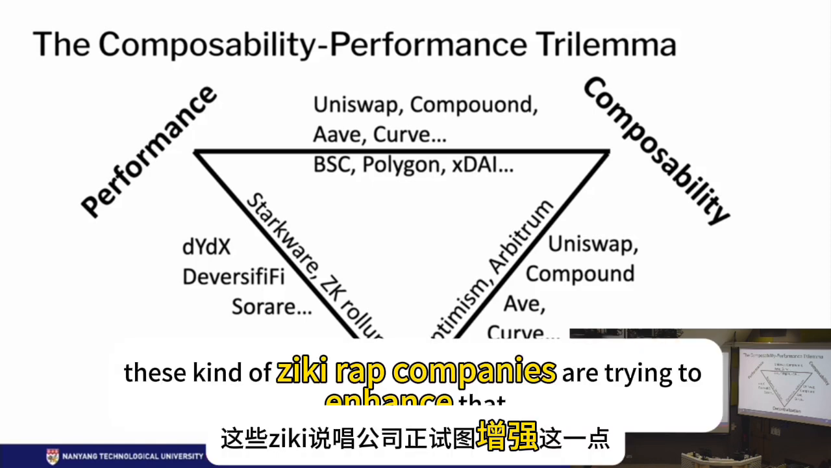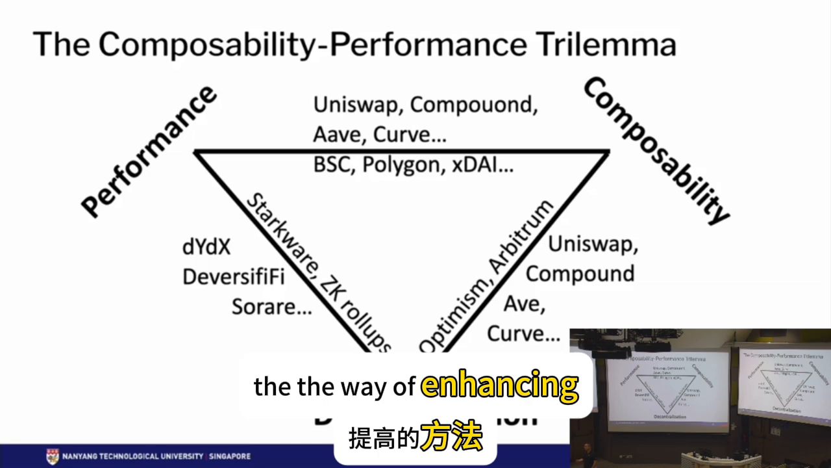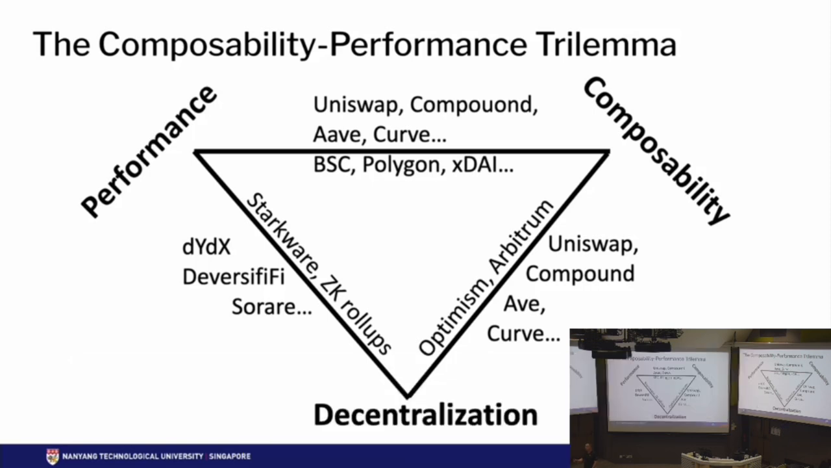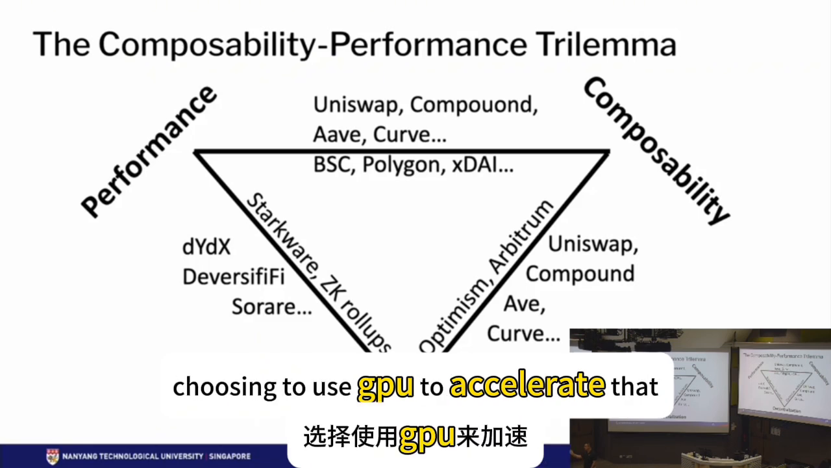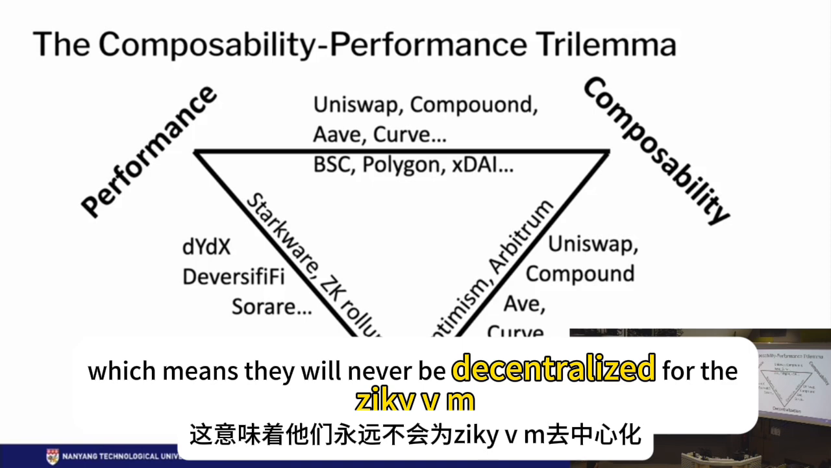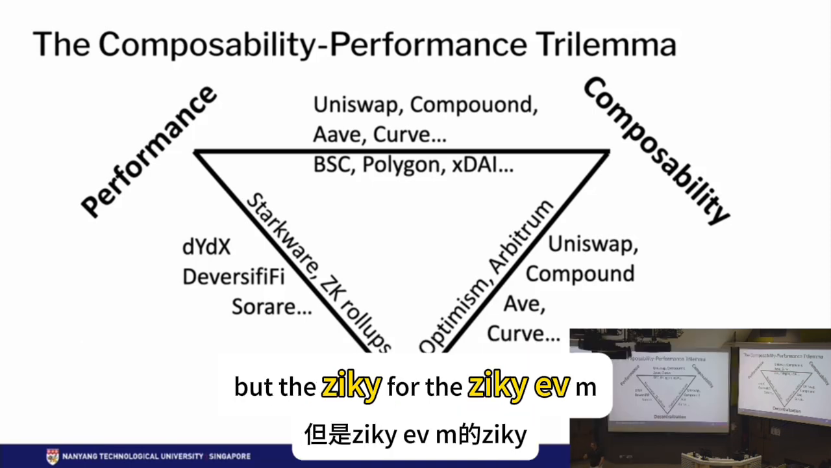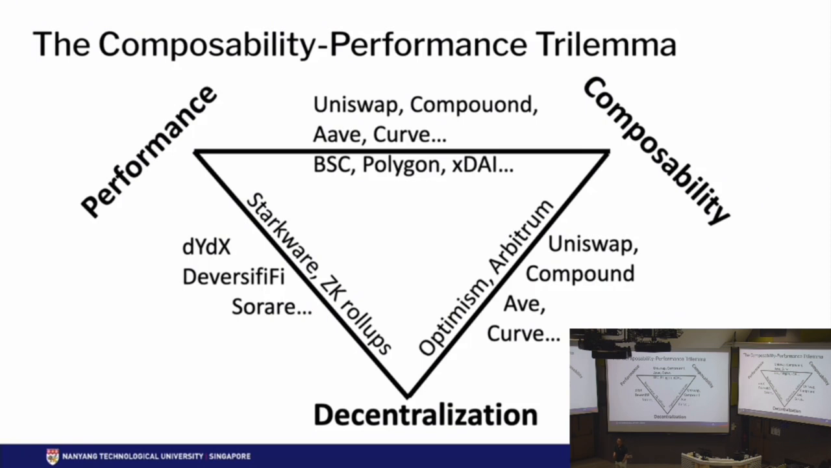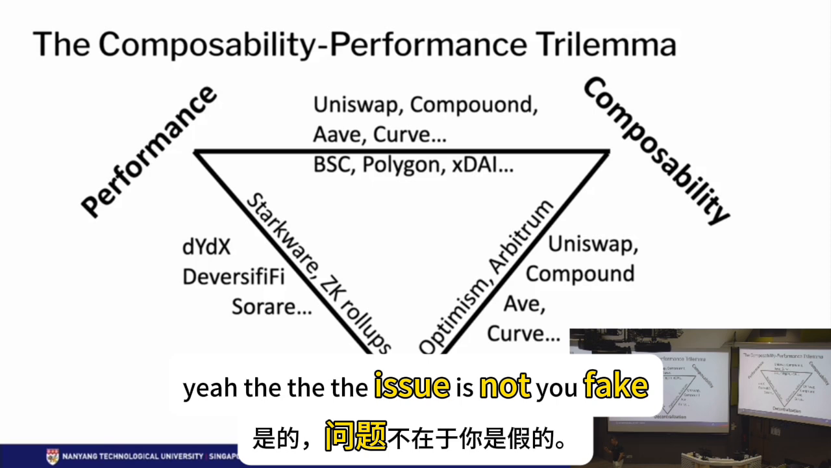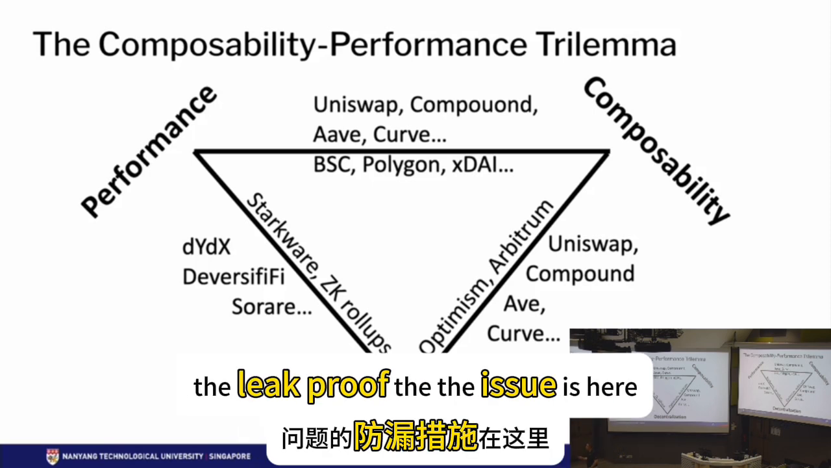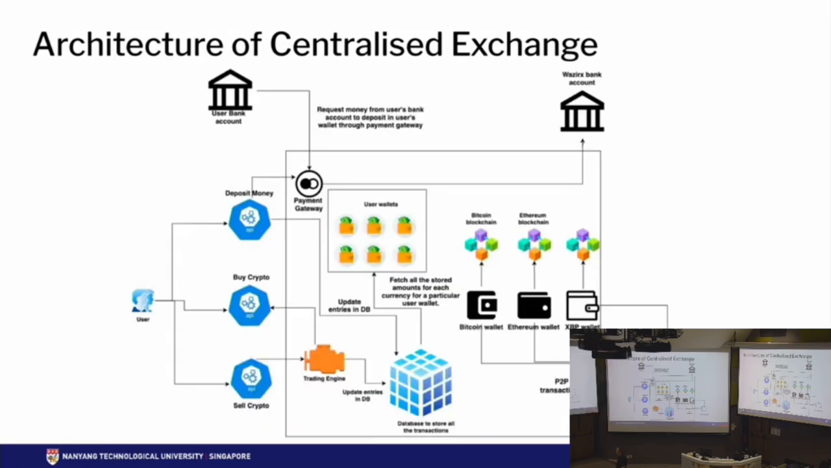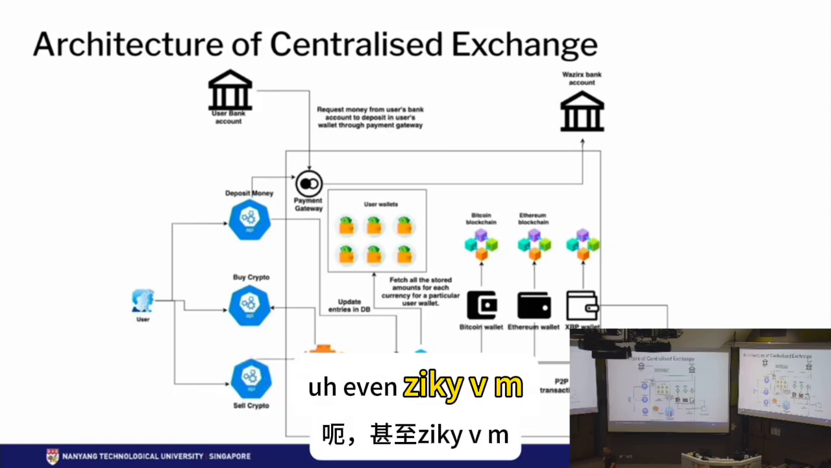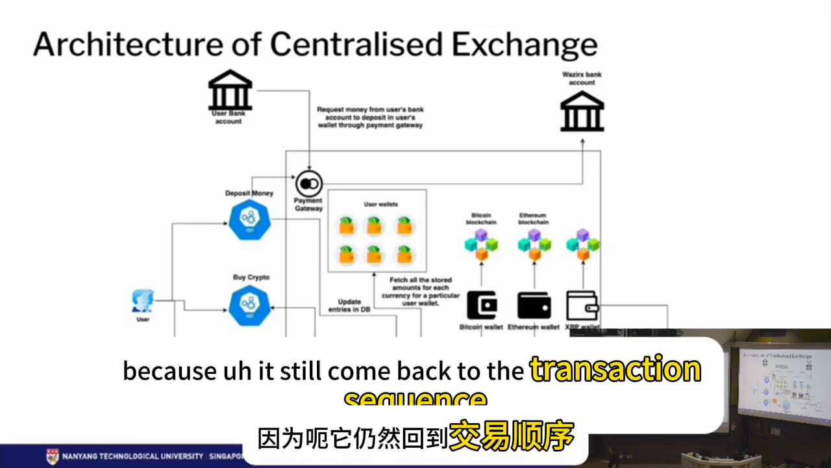These ZK rollup companies are trying to enhance that. Even in the way of enhancing, different companies are choosing different directions. StarkWare chooses to use algorithms to improve. ZKsync and Scroll are choosing to use GPUs to accelerate that, which means they will never be decentralized for the ZK EVM. But for ZK VM, there's still a chance. Yeah, the issue is not that you fake the ZK proof. That's one thing, right? The other thing is